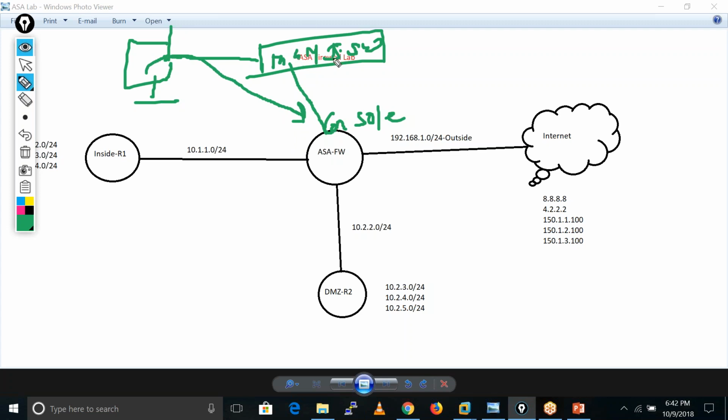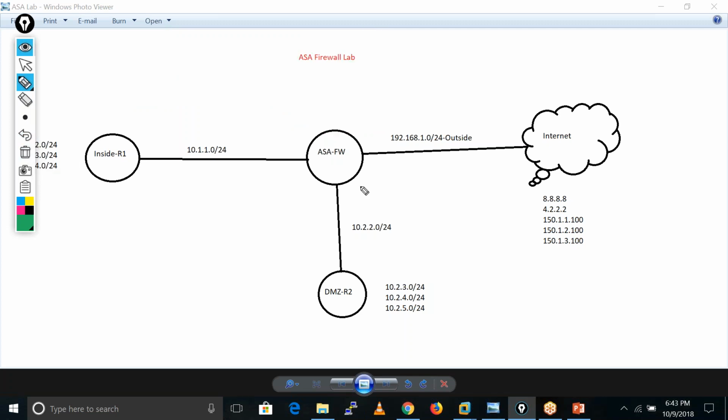Actually, this is not a management switch. I am telling about another thing; this is not applicable on console port, sorry guys. What happens in console port? Here we have a console port, so what we do is we connect our system, PC, by using a serial cable. When we connect to this ASA by using the serial cable, that time we get the console access of the firewall.